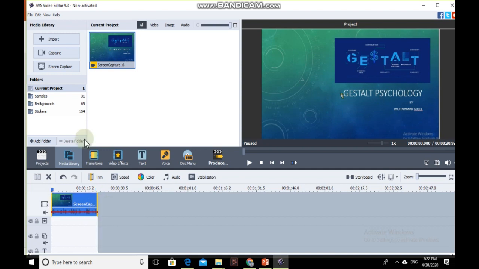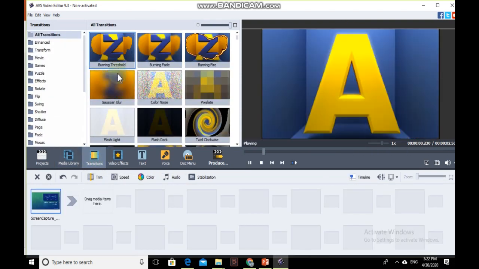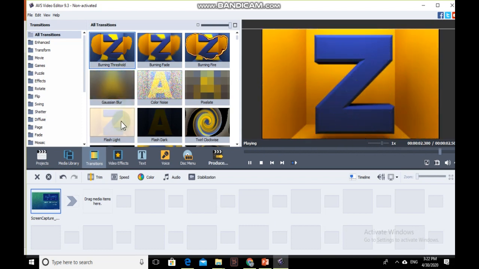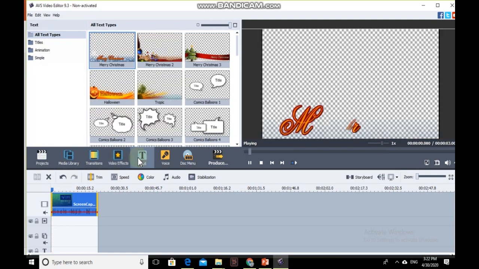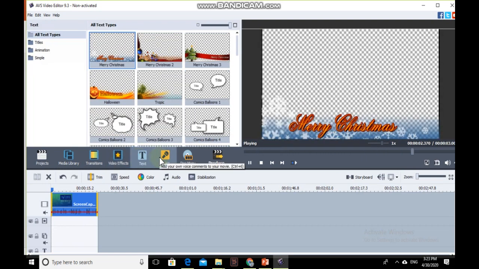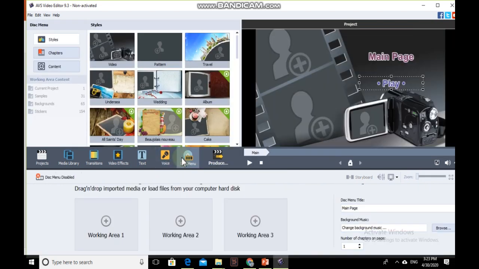Or if we have simply recorded our lecture and we don't want to edit, if we want to edit, we can include different transitions in our slides. We can also involve video effects. We can also add text if we want. We can further add our voices if we like. Disk menu, any other, we can set the thumbnails,